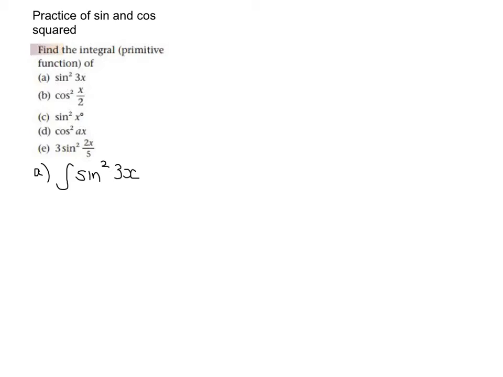So what we're going to say is that we go back to our identity. We know that cos 2x equals cos squared x minus sine squared x. Right, but nowhere there can I see a 3x, so we've got to fiddle this. So this is a double angle. Whatever's here is double what's here. So if we want a sine squared 3x, which is exactly what we want,